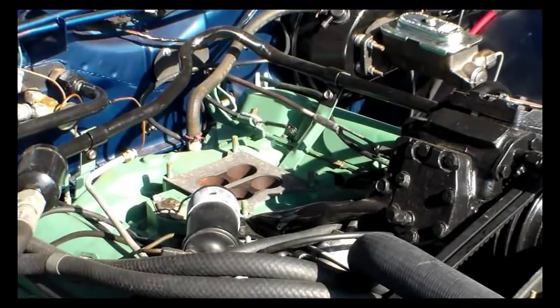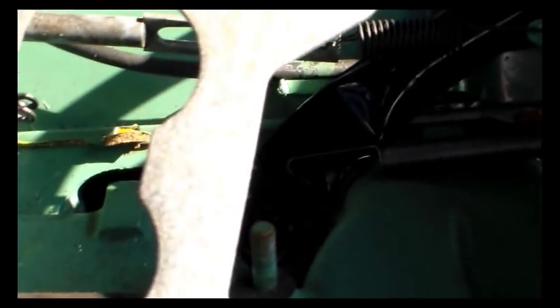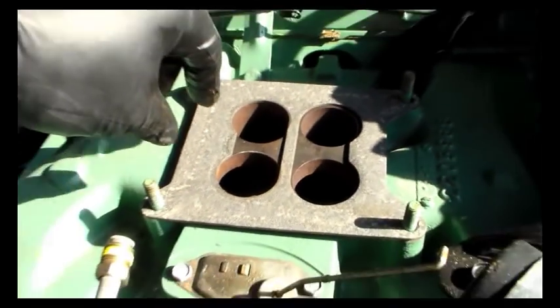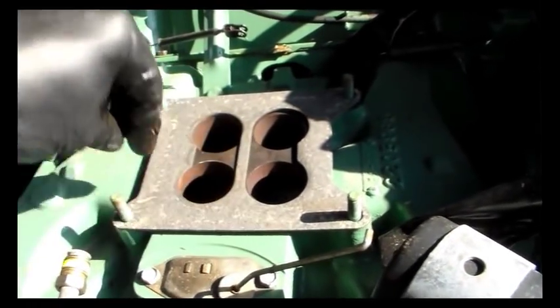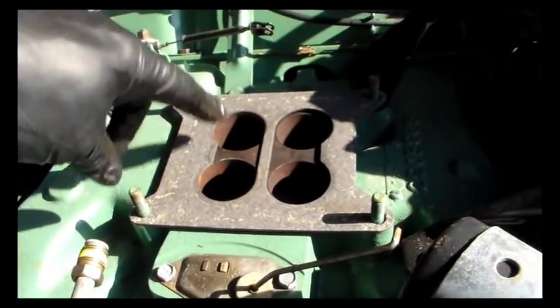Okay, I'll show you what's on the bottom there, as I was talking about the insulator, or the lack of. This is all there is, just a paper gasket. So anyway, I've got 2 new ones. I had to order them, of course. Anyway, here it is. So just a thin paper gasket, and there's plenty of meat on these bolts here to add an insulator, which